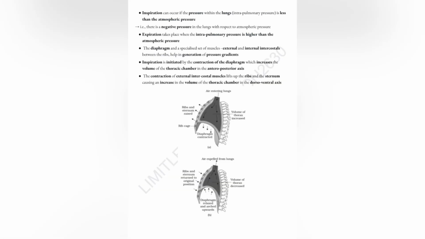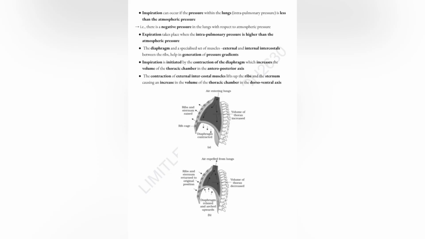Inspiration can occur if the lung pressure, also called intrapulmonary pressure, is less than the atmospheric pressure. That is, there is a negative pressure in the lungs with respect to the atmospheric pressure. But expiration takes place when the lung pressure is higher than the atmospheric pressure. The diaphragm and a specialized set of muscles, external and internal intercostal muscles between the ribs, help in generation of